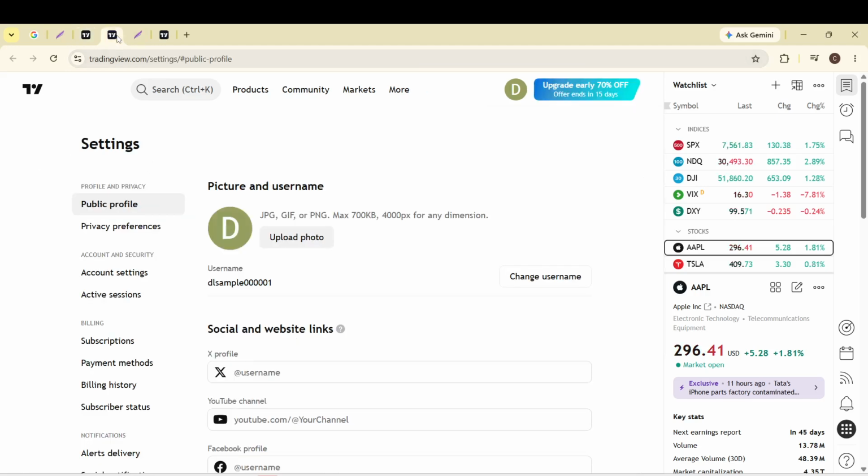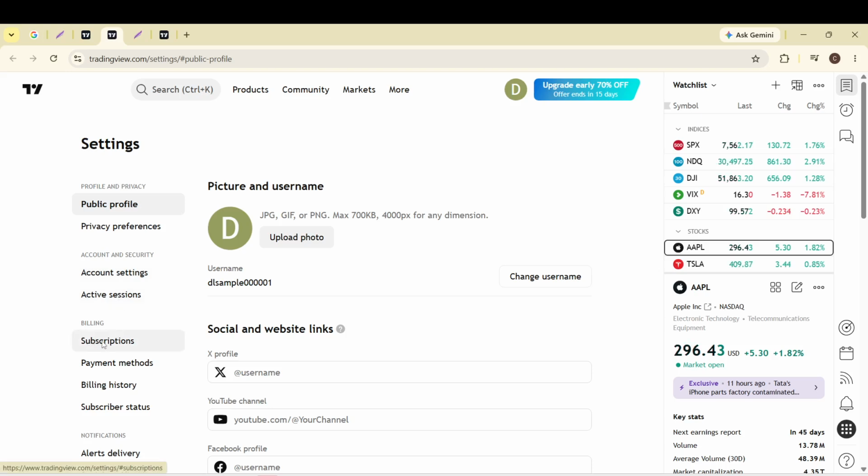In the drop-down menu, select Account and Billing. This option will take you to a page where all your billing details and subscription plans are listed. It's like the control center for your account's financial settings. This step is important because it ensures you're in the right place to manage or cancel your subscriptions.